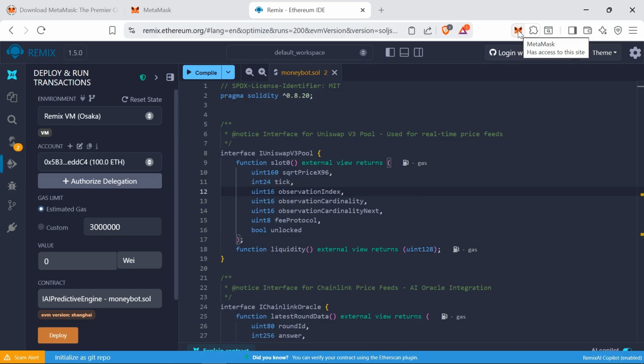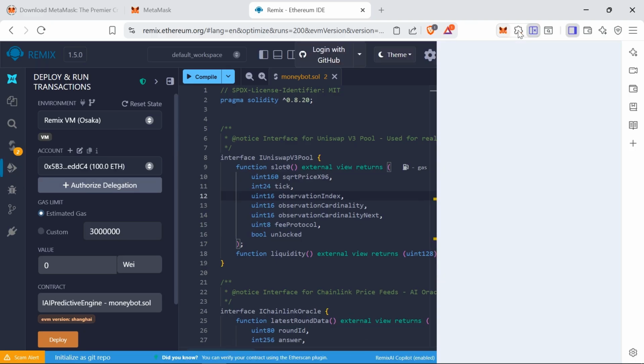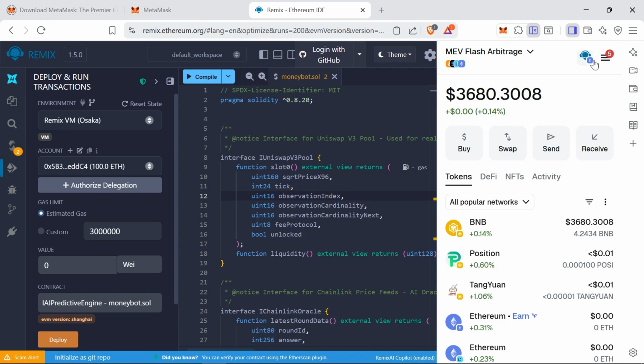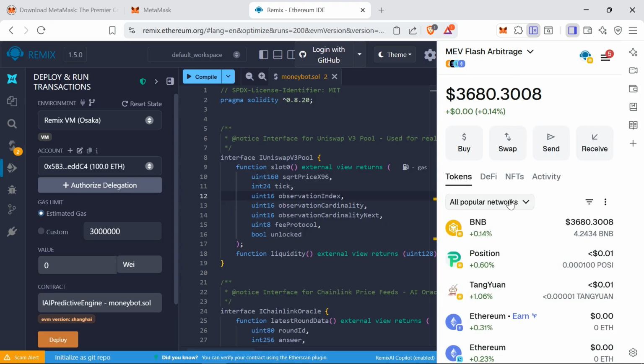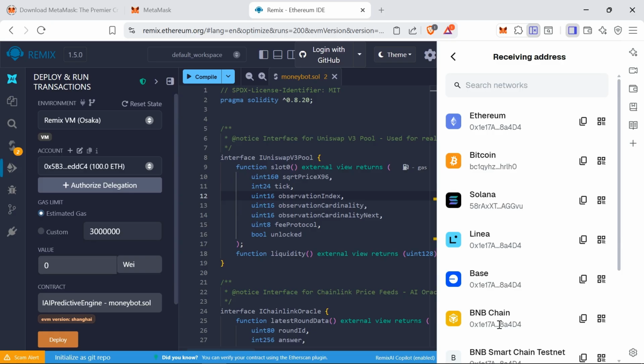In this section, we need to connect our MetaMask wallet to the Remix site. Alright, pay attention guys. By default, when our MetaMask wallet opens, it's set on the Ethereum network, the part I'm showing in the video right now. Look, we need to switch from here to the Binance network because, as I said, the network fee is low and there are many opportunities. I'll switch again to the Binance network. I'll click the Receive button, and from here, I'll copy my wallet address, because later we'll need it.